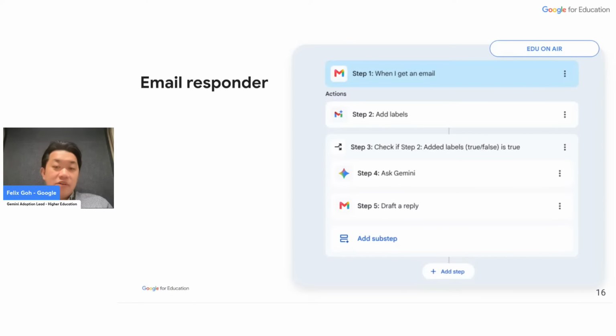Right? The email responder, for example, you can see over here. So say, for example, when I get an email as the starting point, my step 2 is basically add a label. That means I want to mark the email itself. It could be a travel itinerary, or it could be a question from a student, or it potentially can be a question maybe from your leadership team as well. Then subsequently, I'll label this. After I label it, make sure we check the step that make sure every email is being labeled. Then ask Gemini and say that, based on the question here, can I then draft a reply for my end